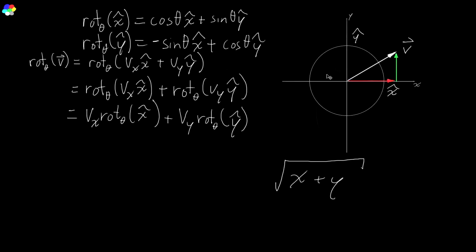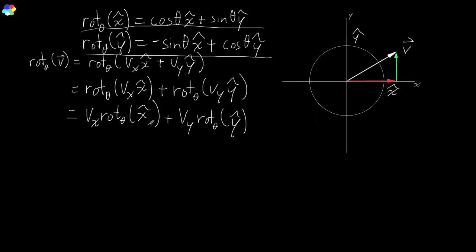And if you visualize the situation, you can see that these properties hold true. There's names for these properties. I forget them. But, so yeah. So now we have our Vx times rotation theta of x hat and Vy times rotation theta y hat. But that, my friends, is just these functions here that we already defined. So we can plug these in and we can get